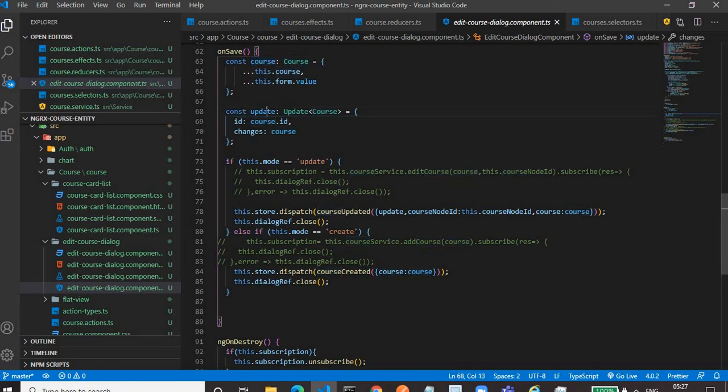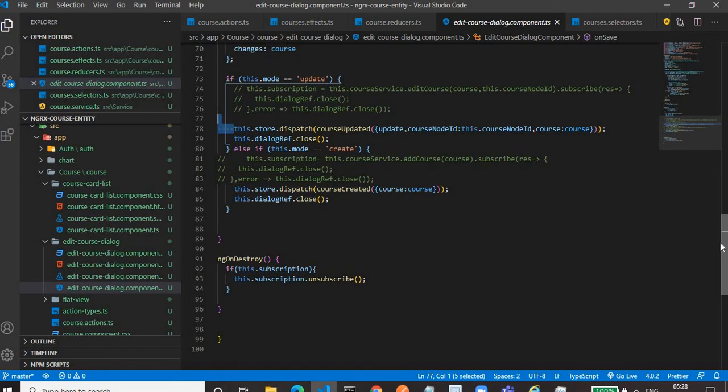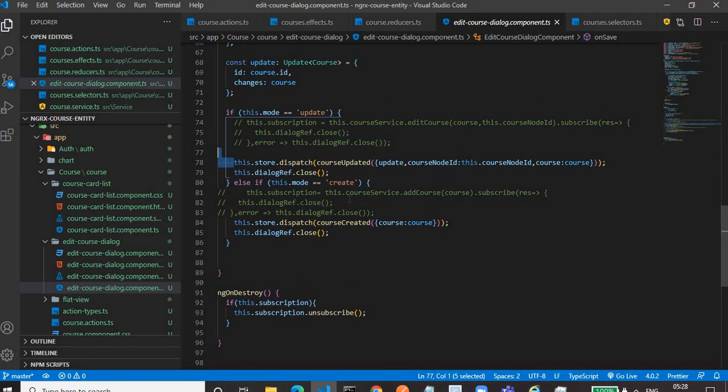And this update we are passing as a payload to the course updated action. So here we are dispatching the course updated action with the payload. And if it is in create mode, then we are dispatching the course created action.